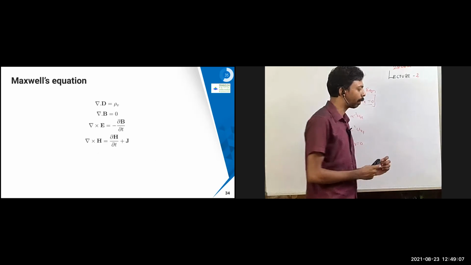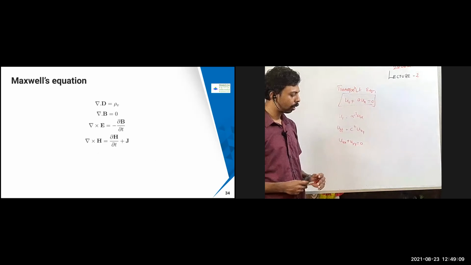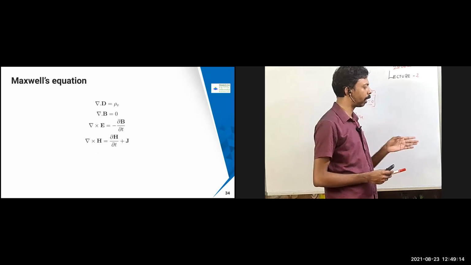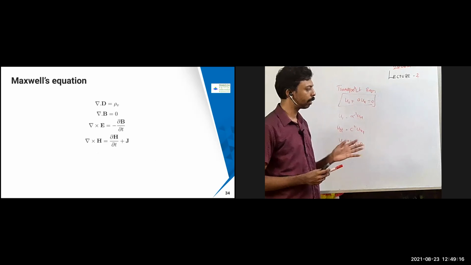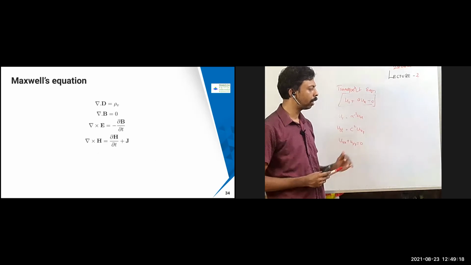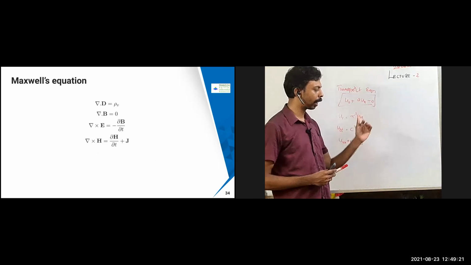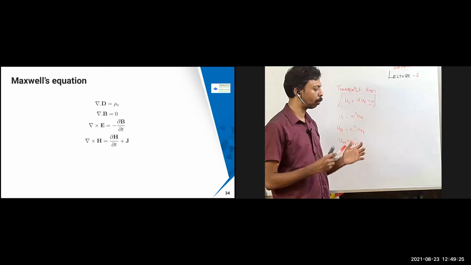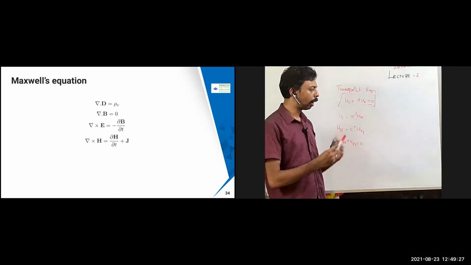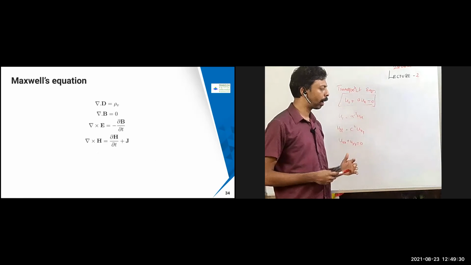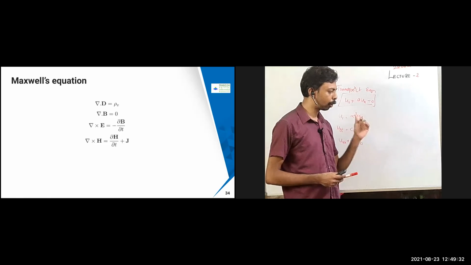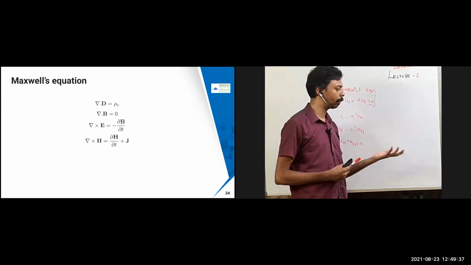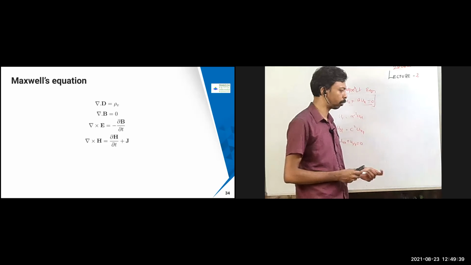Okay, this is one of the important equations, again, Maxwell's equations, where we are discussing the displacement field. D is the displacement field, H is the magnetizing field, B is the magnetic field, and E is the electric field. Using these, Maxwell derived the set of relations between the electric and magnetic fields, all of electromagnetism. This is one of the important equations, due to which you are able to attend this Zoom lecture, or communicate with us through mobile phones, etc. All these things are due to Maxwell's equations.